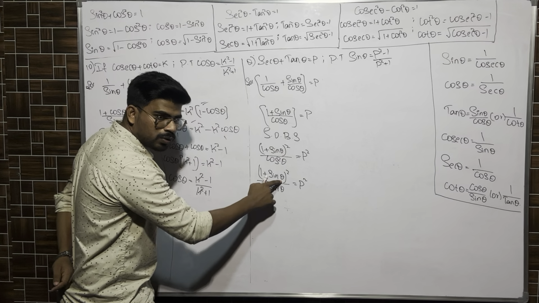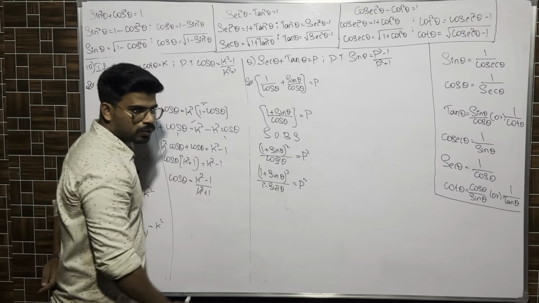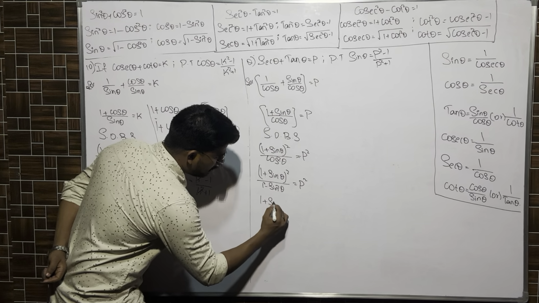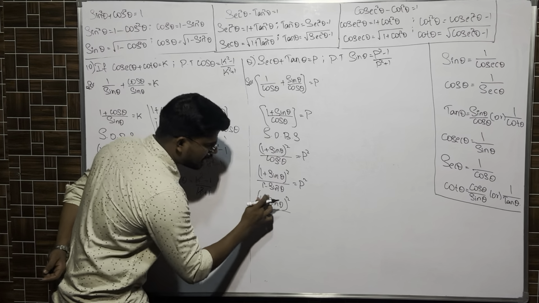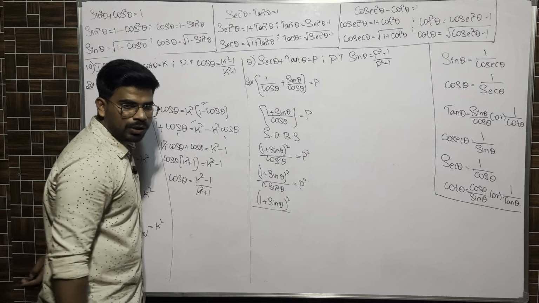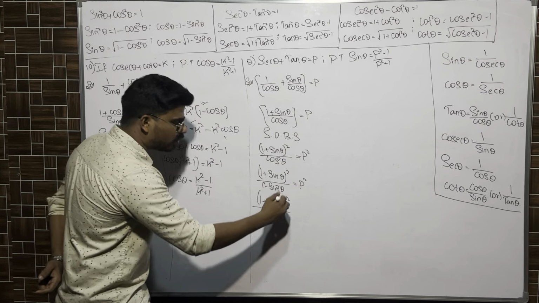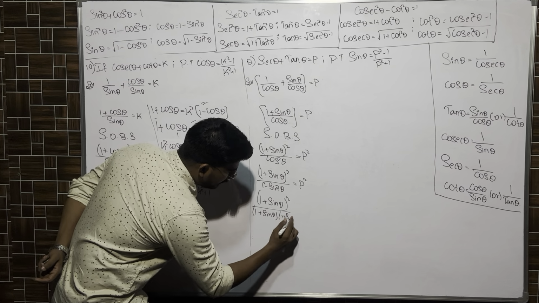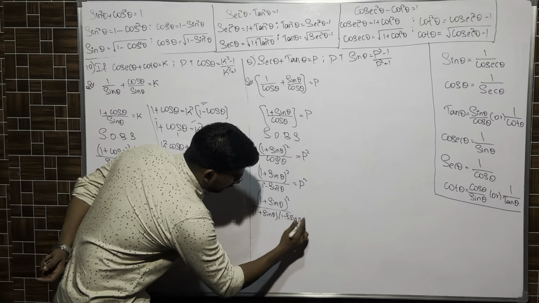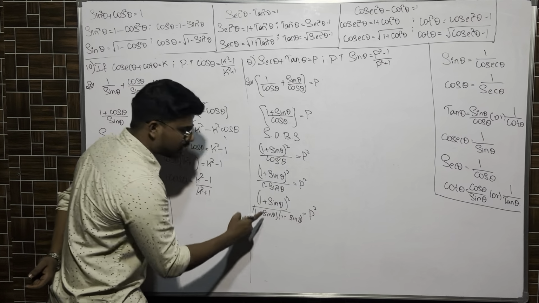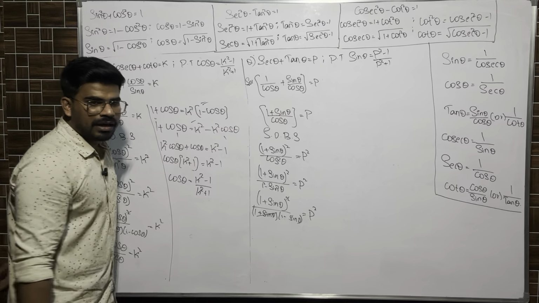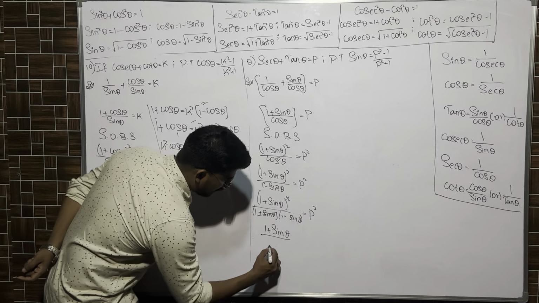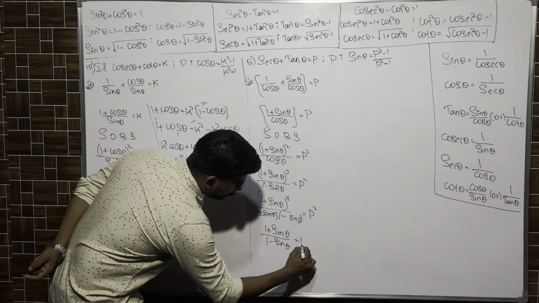A trigonometric ratio with a square, 1 is there, minus is there, so we have to put a square to 1. It will become a square minus b square, which is (a plus b) into (a minus b). So in the numerator, (1 plus sin theta) whole square as it is, and the denominator is (1 plus sin theta) into (1 minus sin theta) is equal to p square. Yes, one 1 plus sin theta will be cancelled. In the numerator, one more 1 plus sin theta is there. So (1 plus sin theta) divided by (1 minus sin theta) is equal to p square.